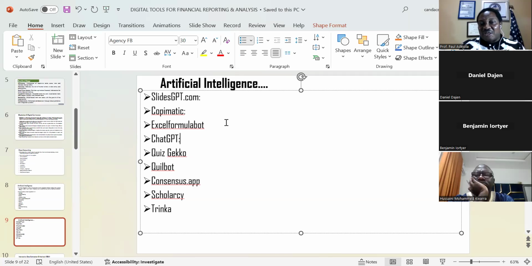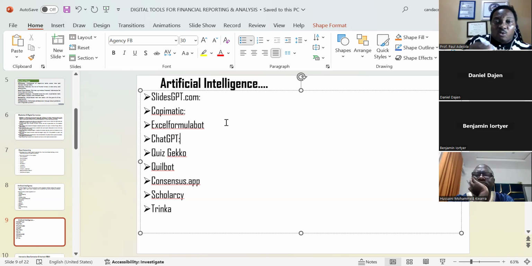Now we have another tool called Zero GPT or ChatGPT Zero. They interchange the names. That one will detect who has used ChatGPT. It's not only detecting the content you have generated using ChatGPT; you can move the same content back there and it will help you rephrase it. Let's not overflow this.